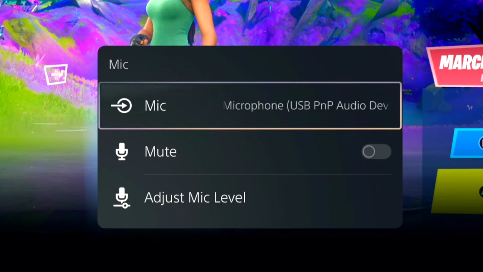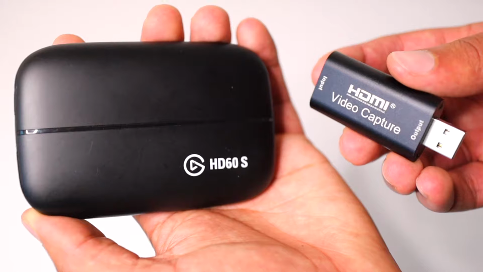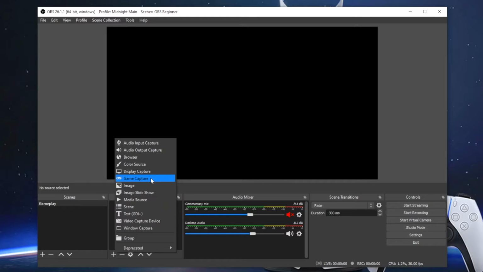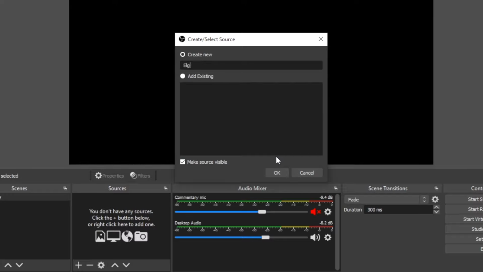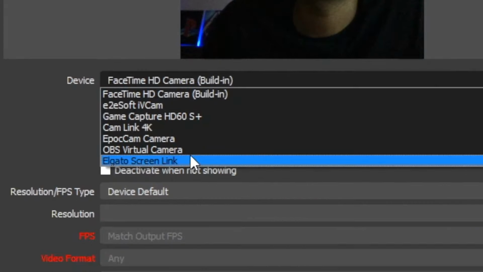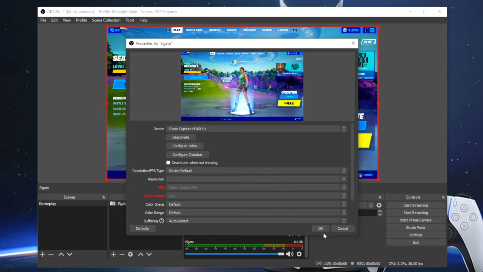Now, luckily you don't need to fool around with any external capture software tools. By default, the majority of these capture cards take an HDMI input to capture audio. To add your audio into OBS, go ahead and follow the exact same steps from the previous method by adding a video capture source, selecting your capture card, and then just applying it, and you should see the audio source